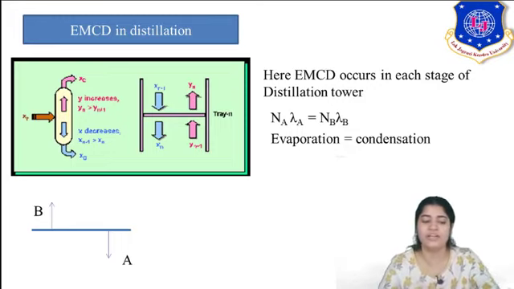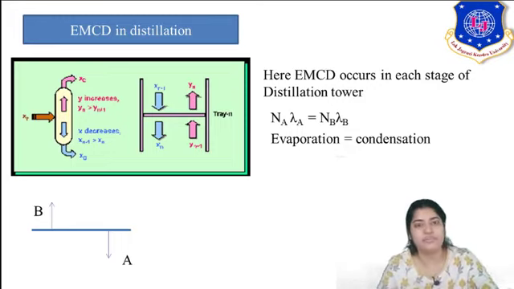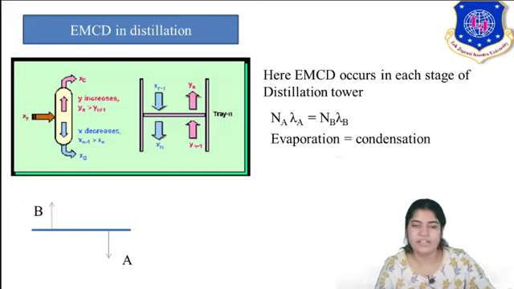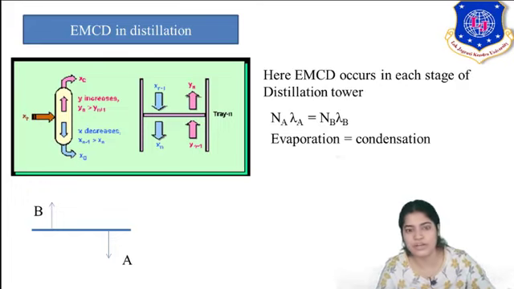To increase the purity, which you will study later on, a condition called reflux is added. In reflux, a part of your liquid distillate is transferred back into the distillation column from the top. A is my more volatile component, in liquid form. We are trying to make more contact between A and B. Because of that, the energy needed for evaporation of A is supplied by B, which is very high boiling. So B has to get condensed and come into the bottom part.